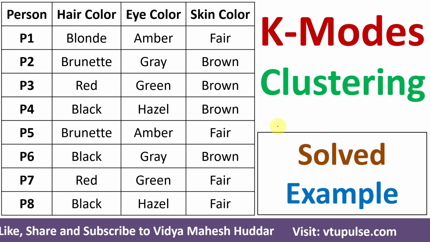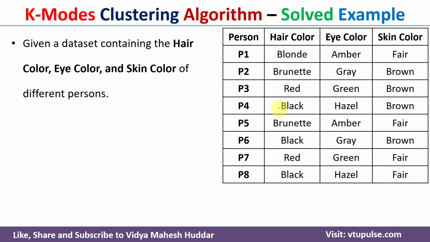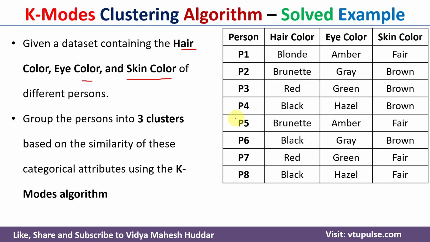Welcome back. In this video, I will explain the concept of the K-modes clustering algorithm with the help of a simple solved example. In this example, we have been given the following data set. It contains hair color, eye color and skin color as different attributes. In this case, we need to group the persons into three clusters based on the similarity of these categorical attributes